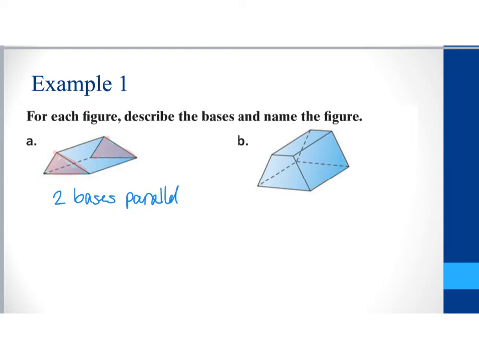And if you notice, the connecting sides, or the lateral faces, are going to be these right here, and then you can kind of see it going on the back, and then you've got one down here. Those are the lateral faces. Those are all parallelograms. Because my bases are triangular and they're connected with parallelograms, this tells me that I have some type of a prism. So specifically, the type of prism that we have